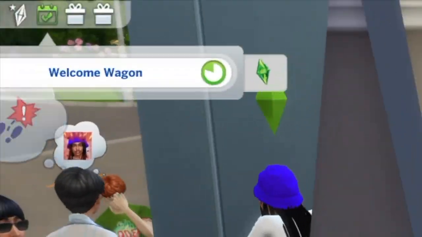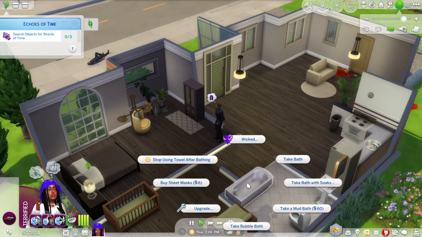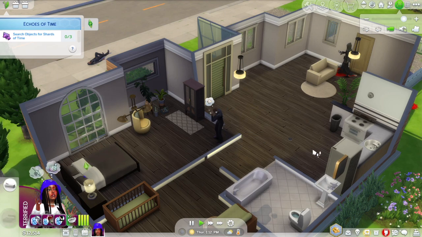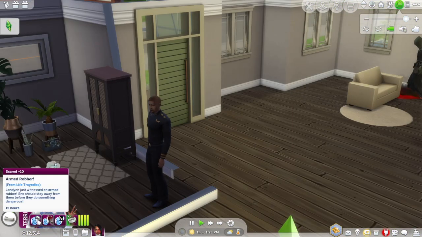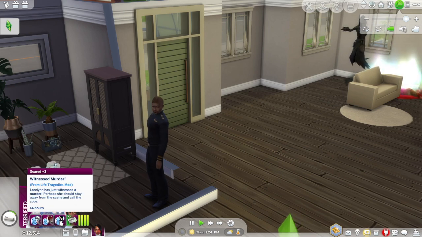If we go back and look, when he walks around that corner, you can see I am clear as day in his thought bubble. It was going to be me. So before he even got that chance, I just had to put him down, okay? And I am not begging, beseeching, or pleading with the Grim Reaper for nothing. Take him away, okay? So now here I am with all these crazy moodlets: armed robber, witness killer, witness murderer,